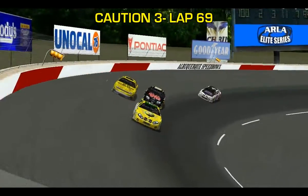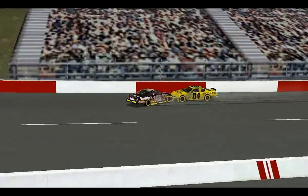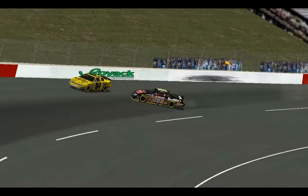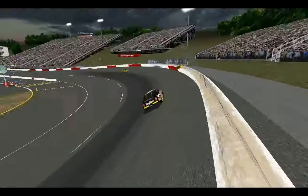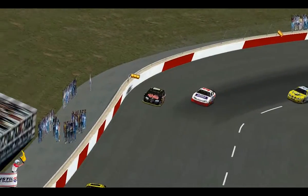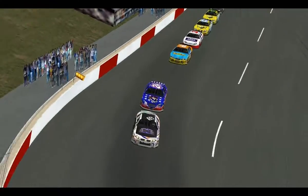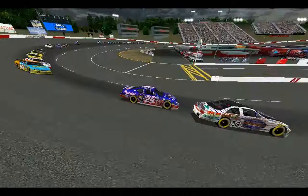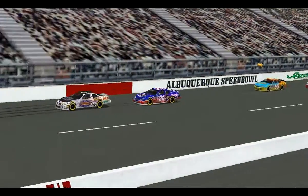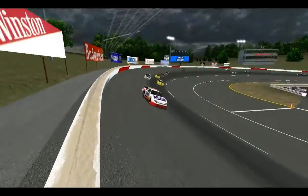Pole sitter Holden Roberts also fell a lap down, and so it would be fitting that he and Billy Bob Bradburn get together coming off of turn 2, setting Roberts spinning. However, he gets the 165 car going again and will continue the race. Libby Bell continues to lead after the field made pit stops during that caution. Benji Flynn, running a few laps down, restarted in front of Libby Bell, but despite this, Bell got a great